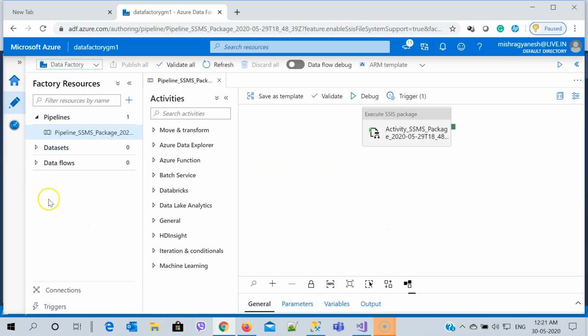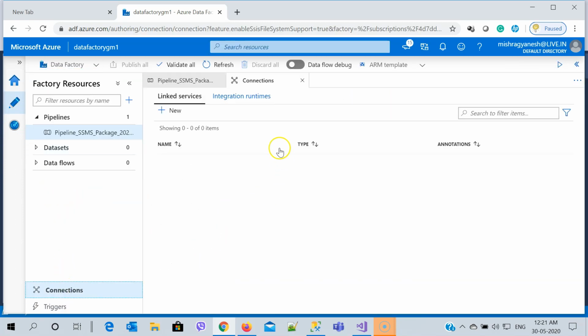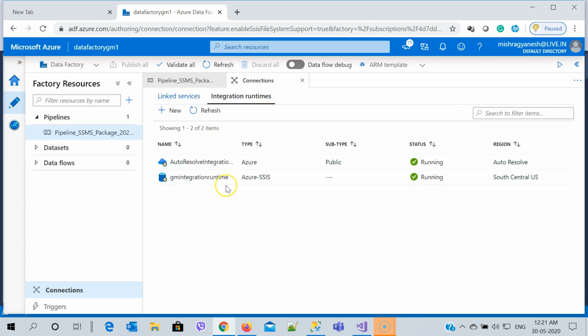And if you want to check your integration runtime, you can simply go to this connections and then go to this integration runtime, and there you will find I have an integration runtime with name GM integration runtime, which is running from South Central, and that's my type, Azure SSIS type. So this is how you will be able to design and develop your SSIS, or this is how you will be able to perform the task of lifting and shifting the data from an on-premises Visual Studio data tools to on cloud.